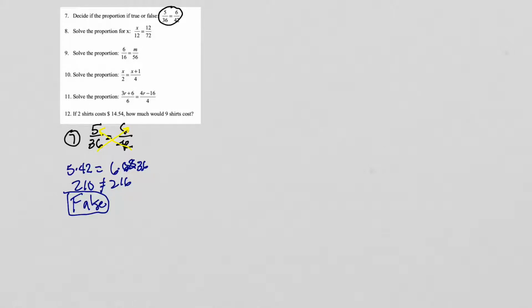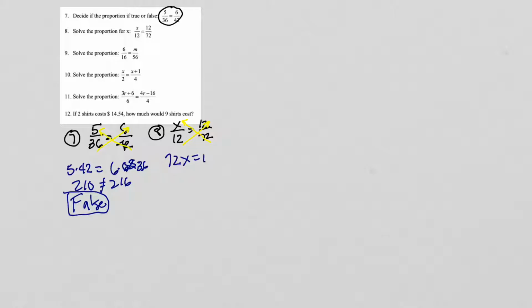In number 8, we're asked to actually solve for x. We've got an x here, so let's write this problem. Number 8 goes like this. X over 12 equals 12 over 72. And again, we're going to use this idea of that cross multiplication. So doing so will give us